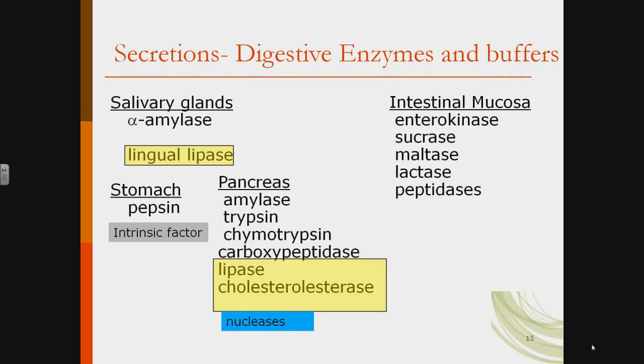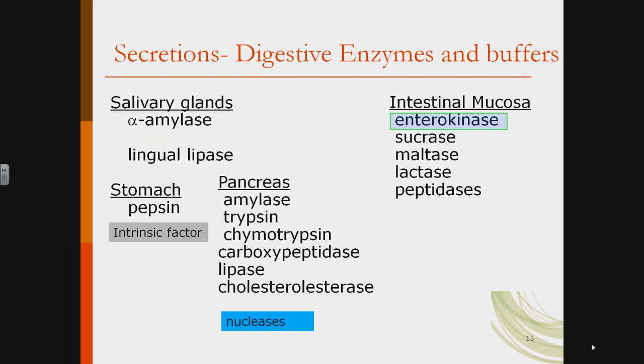In yellow, I'm highlighting enzymes whose job it is to digest lipids. Now, even though there is a lingual lipase, it has very limited enzymatic activity in the oral cavity. So I will not be testing on that. We're going to pretend like it's not even there because the contribution it gives towards lipid digestion is very, very insignificant. The biggies come from the enzymes from the pancreas, as I've said before, lipase and cholesterol esterase. So these are going to be able to digest your fats into monomers that you can absorb.